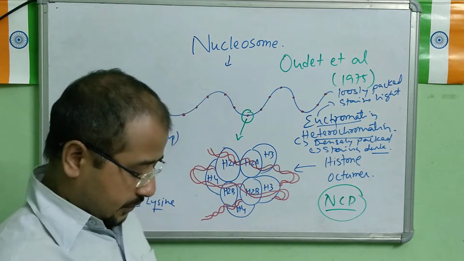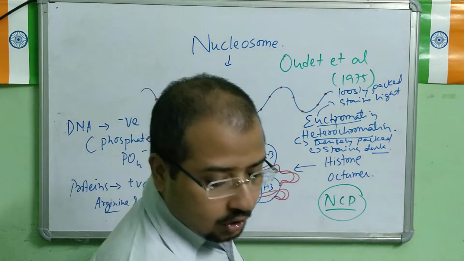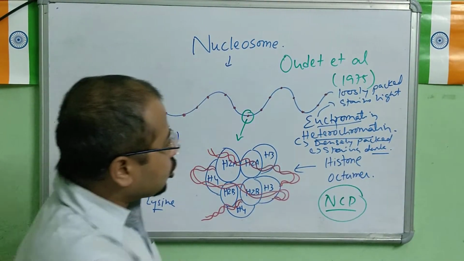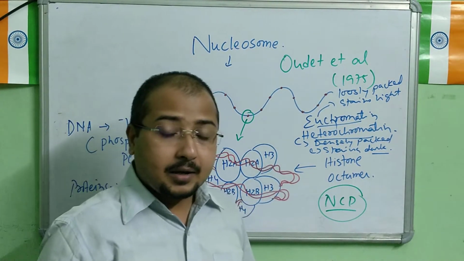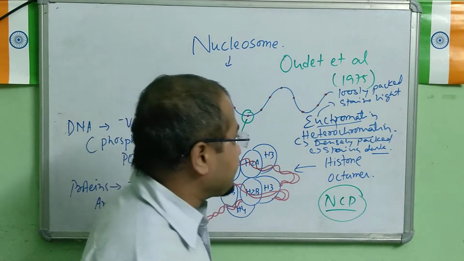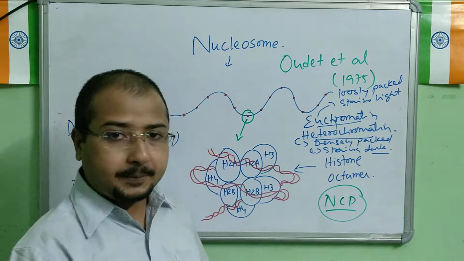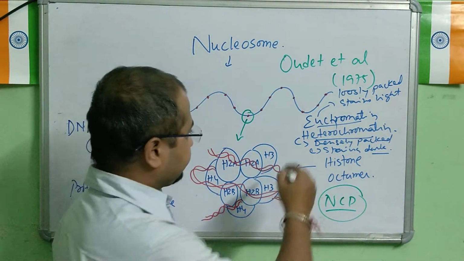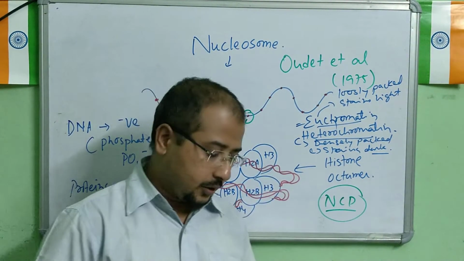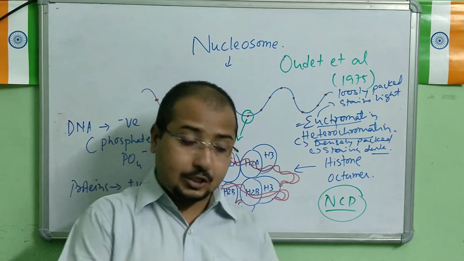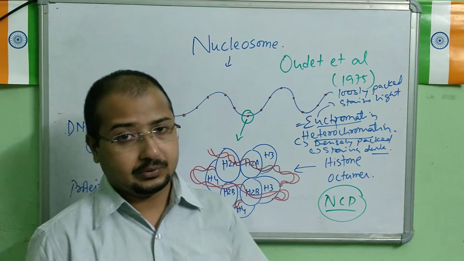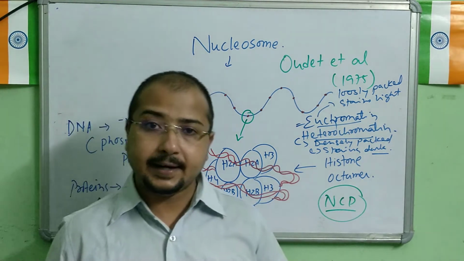So that is the euchromatin and the heterochromatin. Remember, euchromatin is considered better for transcription. Transcriptionally more active is the euchromatin part. Remember this one. It is written in your book: euchromatin is said to be transcriptionally active chromatin, whereas heterochromatin is inactive. This is the basic difference between euchromatin and heterochromatin.